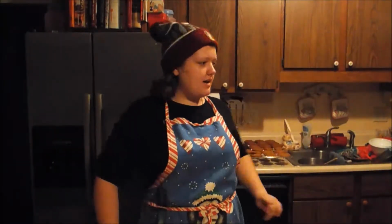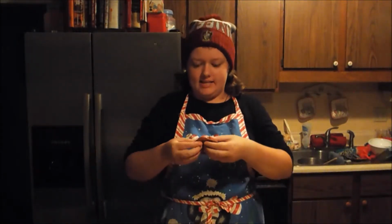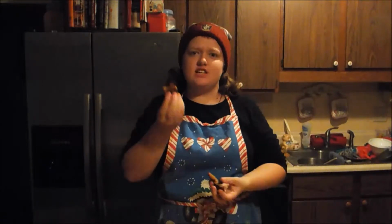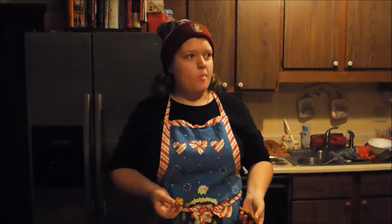Okay, I took the second batch out and I put them on the cooling rack, and these are a lot better. This one's my favorite. He's my favorite. And I'm going to be eating him while I tell you a little story, and the third batch is almost finishing. Okay, so when I was first learning how to make stuff, it was when I was learning this recipe for cookies, and I was like